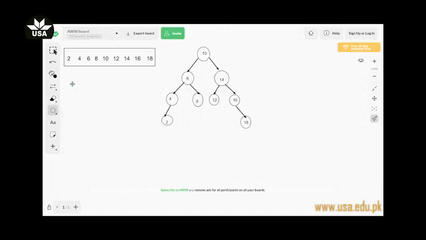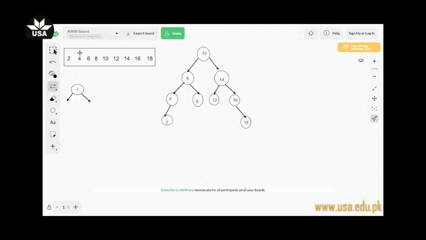So let me start with the root element, which holds the value 2. The left child and the right child in the current case are null. So let me draw the arrows to represent the left and right child, which are currently pointing towards null.